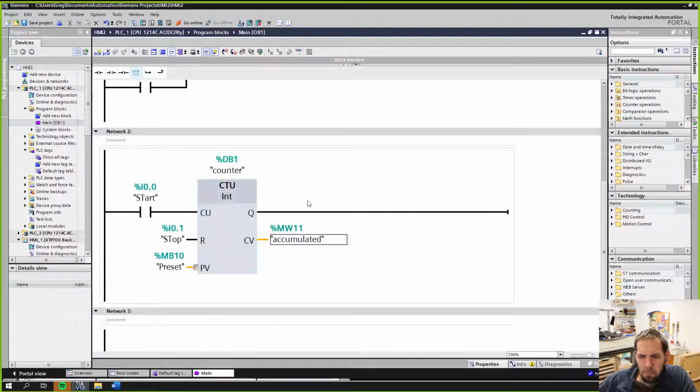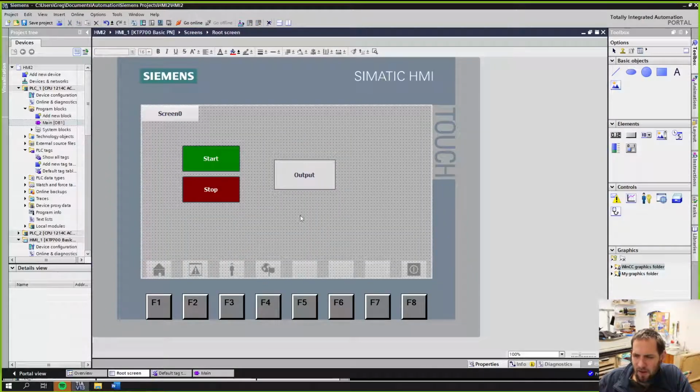So, nothing too strange so far. Except instead of what we've normally done in the past, where we specifically wrote what this is going to be, right, we'd just say that's going to be a 10. And our CV, what we used last semester, we didn't use at all. We just left it completely blank. However, by filling those in like we did, we can actually come to our HMI over here,